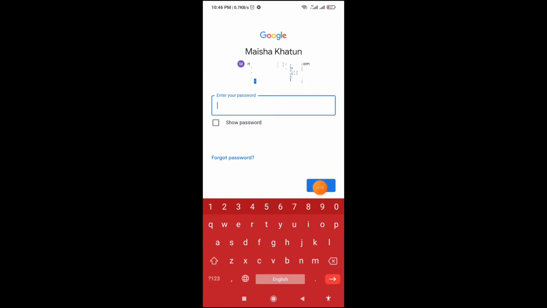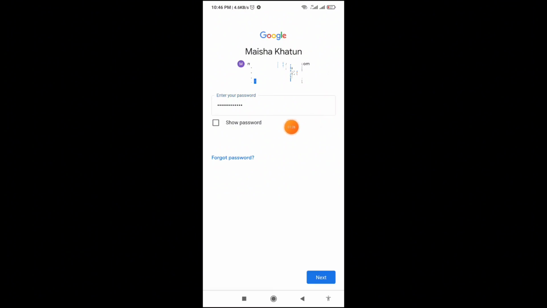Now enter your password. Then next. Do you need to show your password? You can click this box. And next,